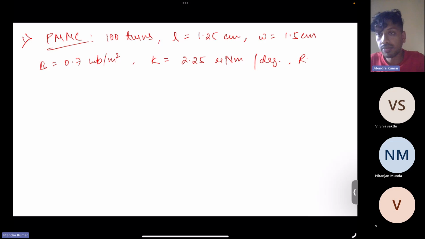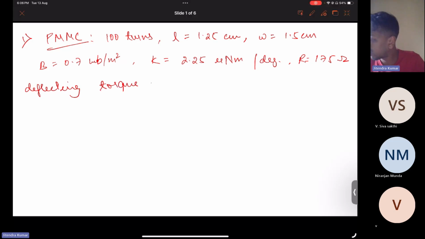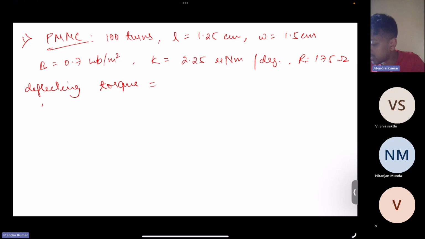Resistance is also given, 175 ohm. So resistance will be very helpful in the questions related to damping. The first part was very easy. We needed to find the deflecting torque. So what is the expression? Deflecting torque with current equal to 4 milliampere, right? So it should be I into B into N into A. So it should be 4 milliampere